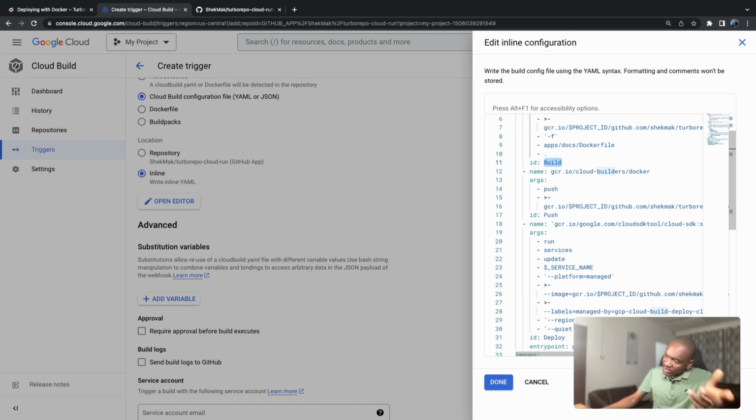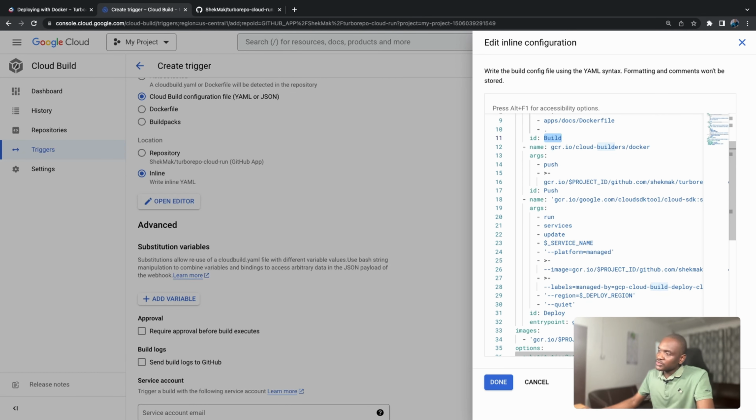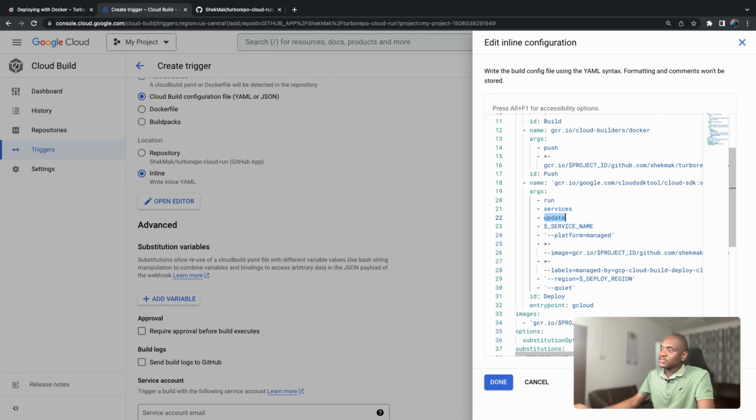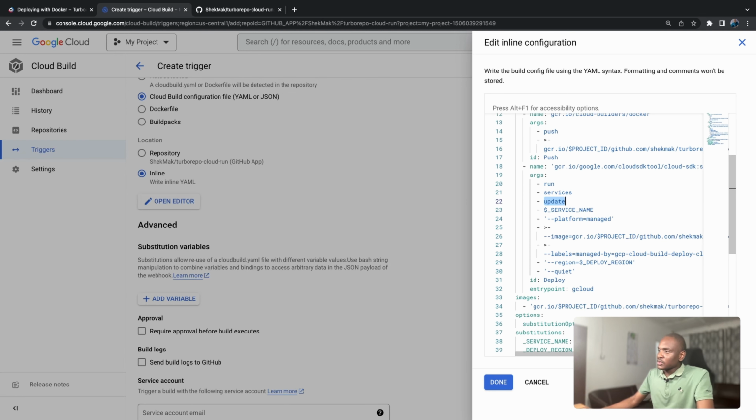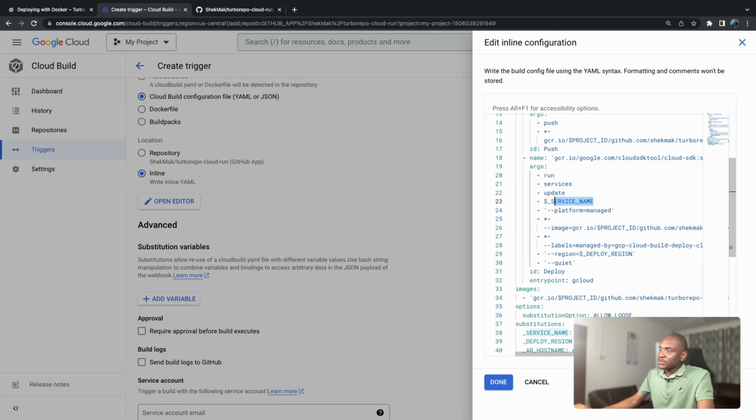And the third thing we are going to do is to tell it, okay, I want you to create a Cloud Run service for me, and we are going to update that. So update here will trigger something. If there is already that service, it will update. If there is no service, it will create a new one. So we are going to give it a service name. It's called a substitution variable. We are going to provide that